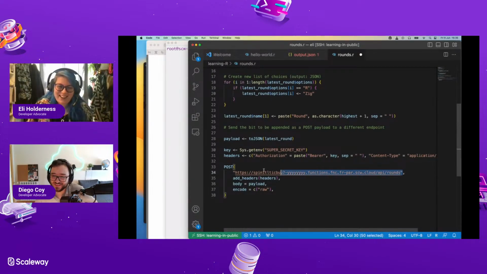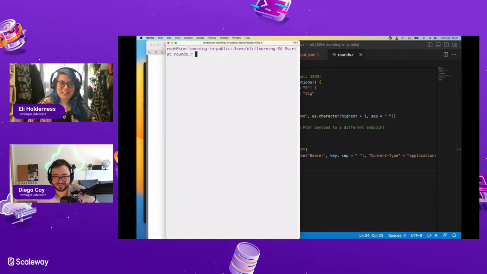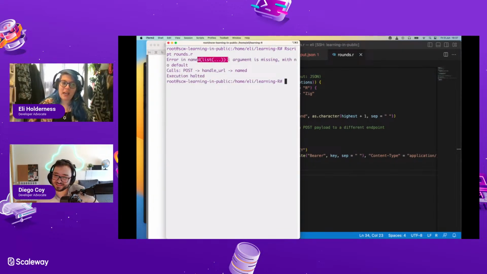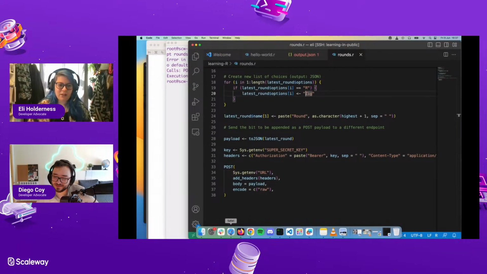Okay, so now you can replace that. Oh. So it's been actually working for 20 minutes. Don't watch this. Yeah, cool, good. That should just work now. That's really stupid. That's really embarrassing. Execution part of the argument is, journey. Oh, named list argument is missing with no default. Error in named handle URL. Oh, so we do need to include the handle, I think.